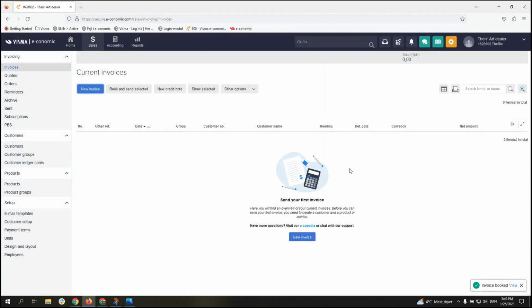As I can see, because we booked and sent it, I can no longer see it in our current invoices. This was actually how you created customers, products and services, and of course an invoice. We've also booked and sent this invoice to our customer. As you know, I'm actually sitting at the customer's office, and I just talked with